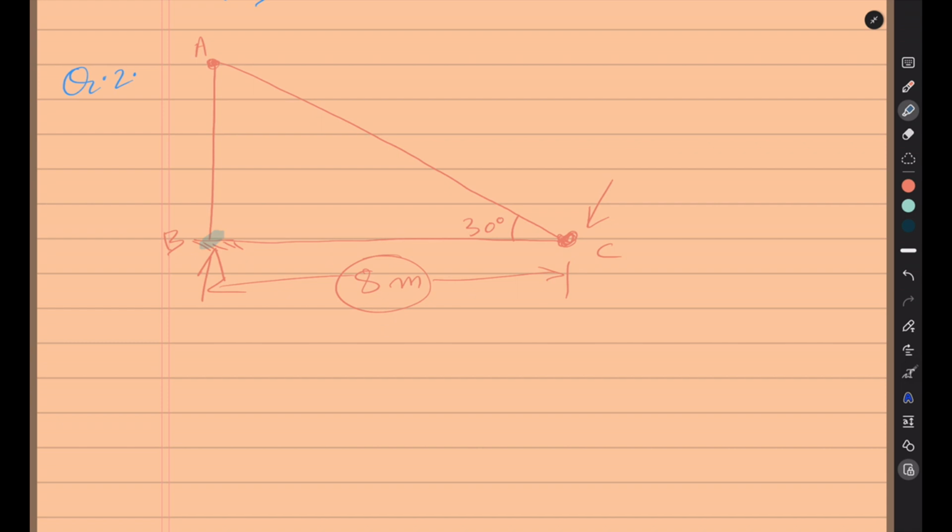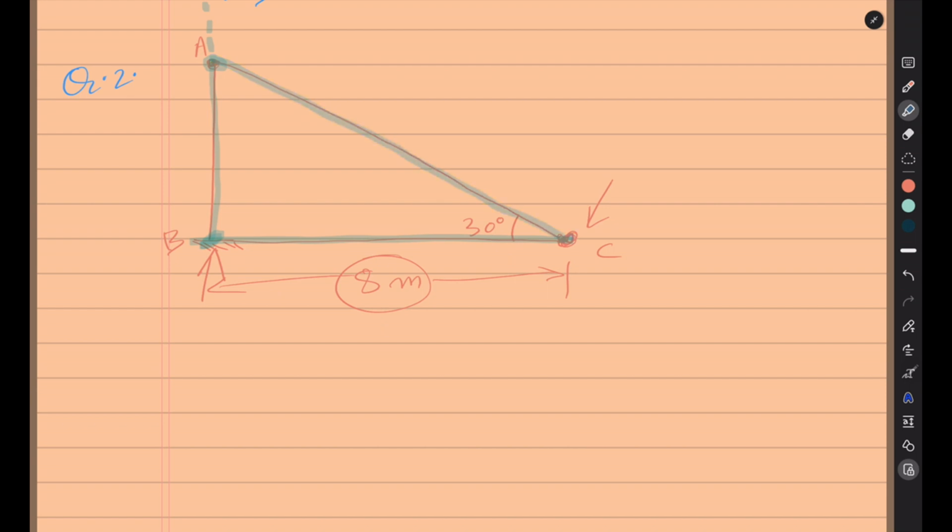There was a tree. It was standing right here, and this is the horizontal ground. Due to a storm, it broke down from here. Maybe it was standing tall before the storm, but after the storm broke out, it just broke from this point,